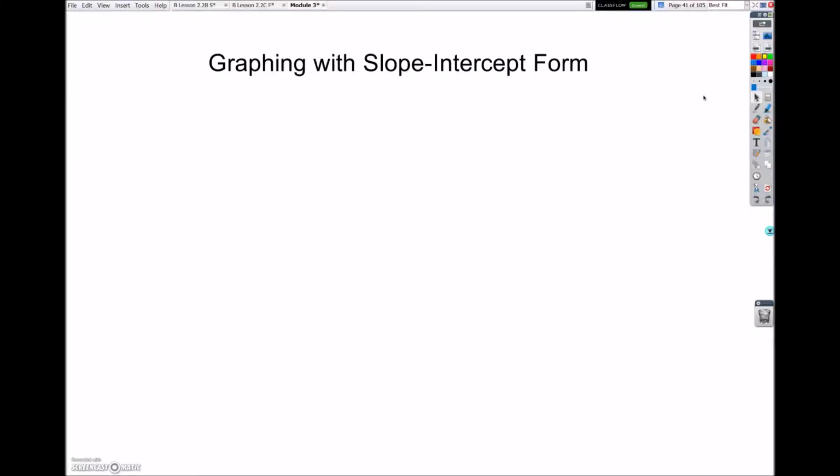Hey everybody, today what we're going to be doing is graphing with slope-intercept form. So a quick reminder, what is slope-intercept form? Slope-intercept form is y equals mx plus b. Anytime you see this form, I want you to realize that it is